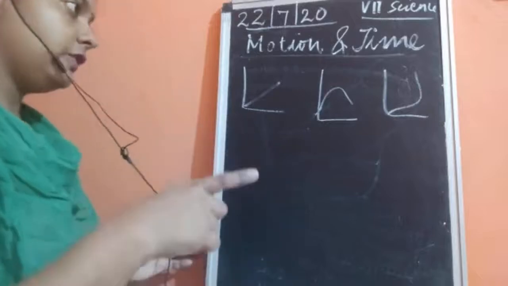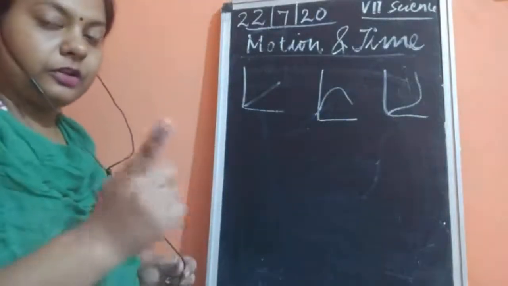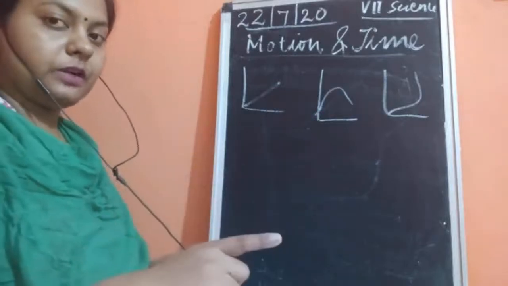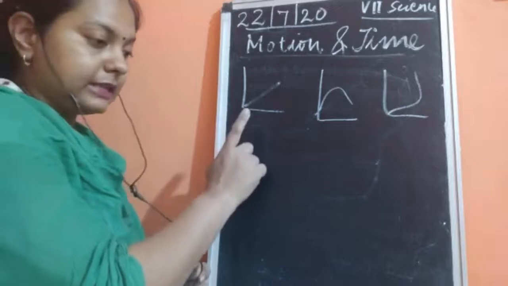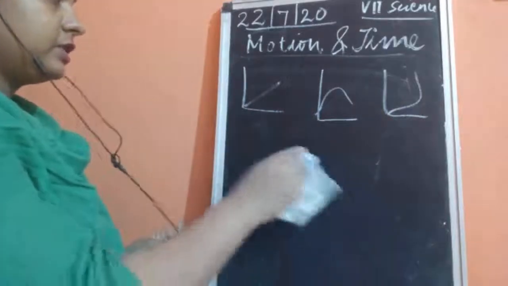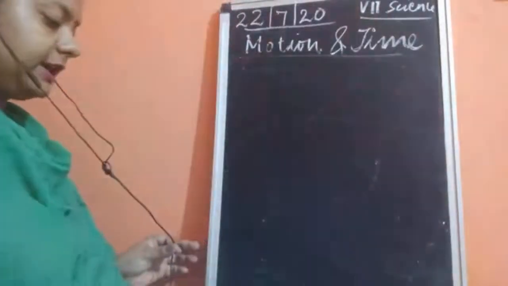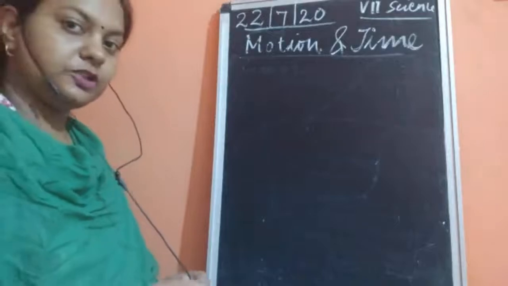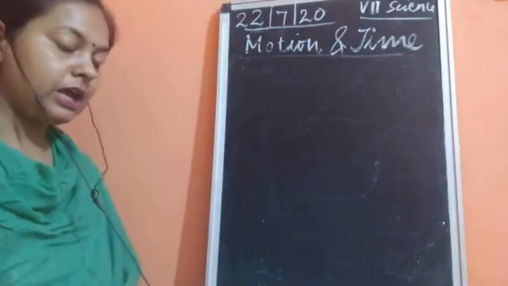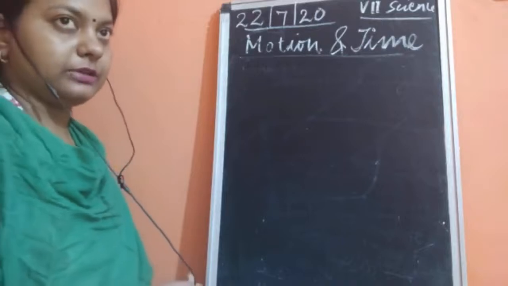Now if non-uniform motion is there, you are going to get the speed as a non-uniform speed, and whenever uniform motion is there, you will always get the speed as uniform speed. Okay, so this is about the uniform and non-uniform motion. Now let's find out the next few numericals which we need to practice, as I have told you the formula, how to calculate the speed, the distance, and the time.